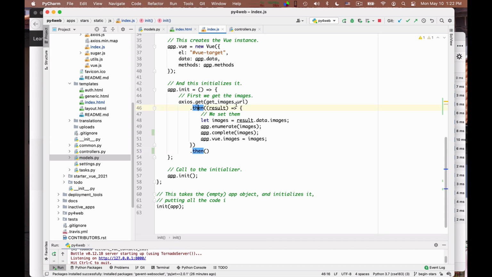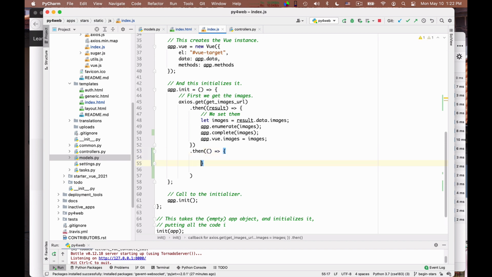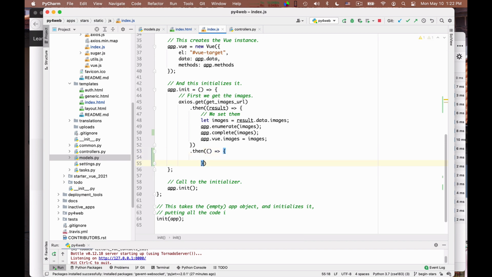Axios get returns a promise, I can then it once to use its result, and then I can then it another time to specify another operation to be done once I get this result, that is, once I get the list of images. And so here I write a function that actually takes the empty argument.